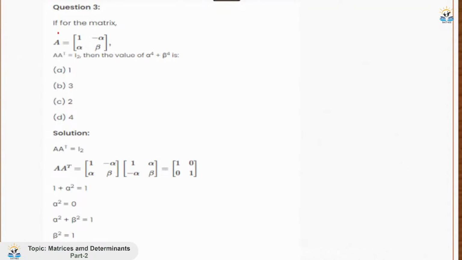Okay. Then if for the matrix, question is saying if for the matrix A equal to 1 alpha minus alpha beta, A A transpose is equal to I2. Here, what is I2? I2 is nothing but the identity matrix only. So I2 is equal to 1, 0, 0, 1. This is my identity matrix. Okay. So you have been given that A into A transpose is I2. So write A into A transpose. A into A transpose क्या होगा ये? ये हो जाएगा